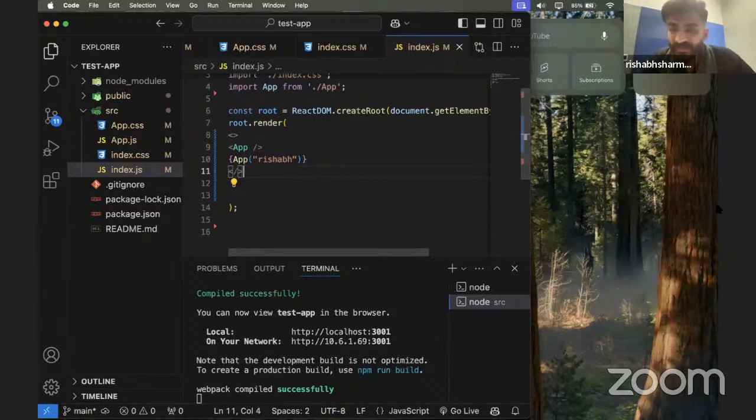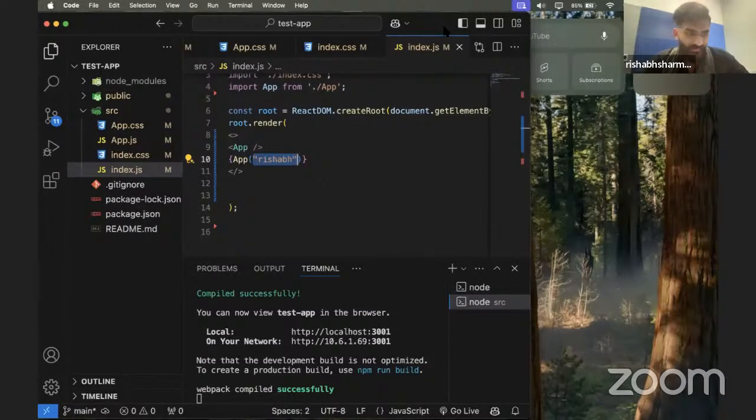So now tell me, since I have passed this as a parameter, do I need to receive it somewhere? What happens in your